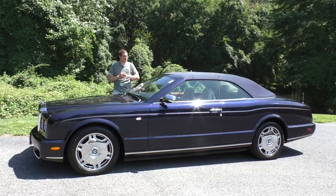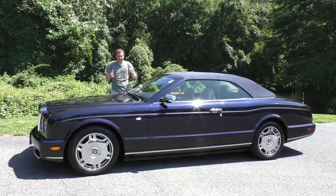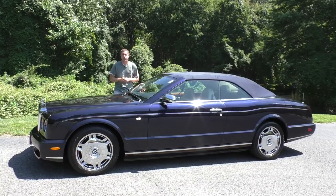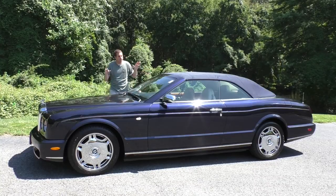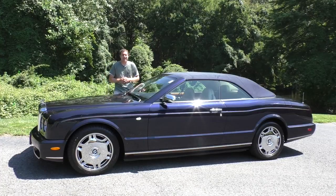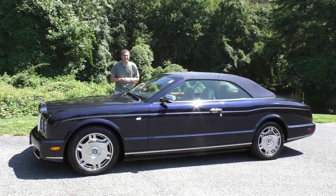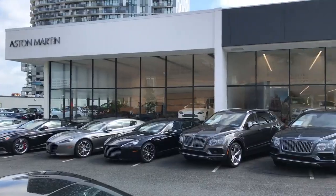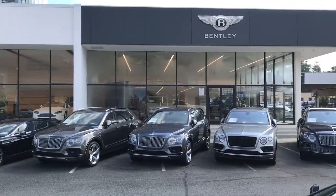This is a 2007 Bentley Azure. When this car was new back in 2007, the base price was $331,000. This one was $350,000 with options and shipping, which translates into $413,000 in today's money. Right now, it's listed for sale by Exclusive Automotive Group, the excellent Bentley Aston Martin dealer